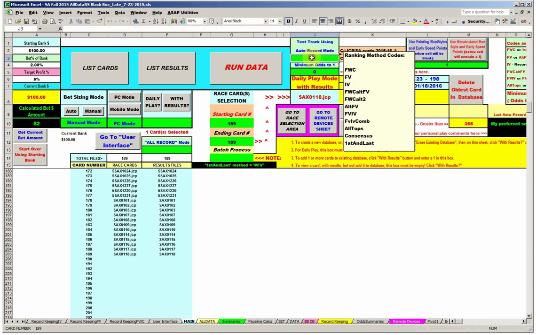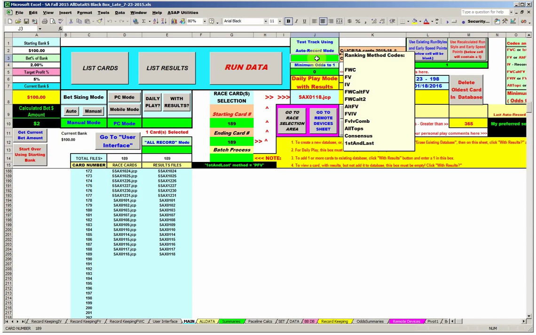Auto record only records one method, a single method. Over to the right of where I'm showing you is a list of those methods, and you can select any one of those and type that code into this box, and then when you run data,